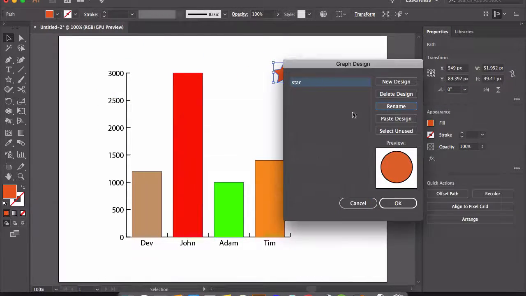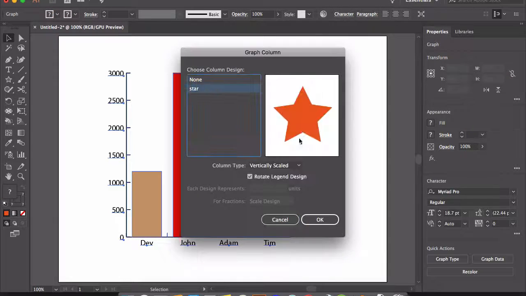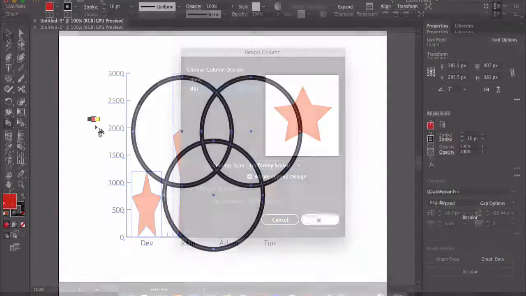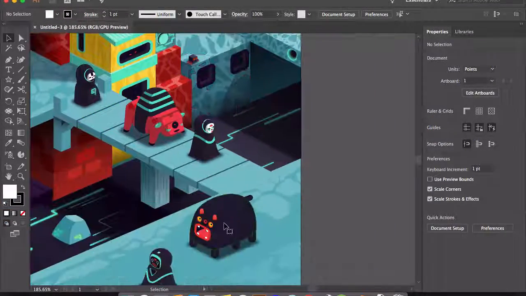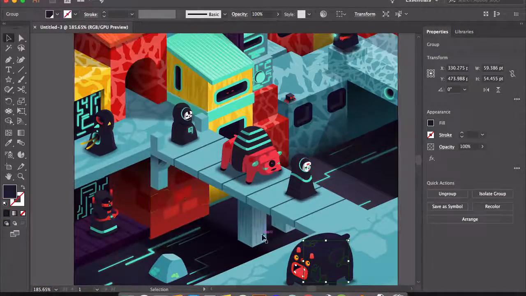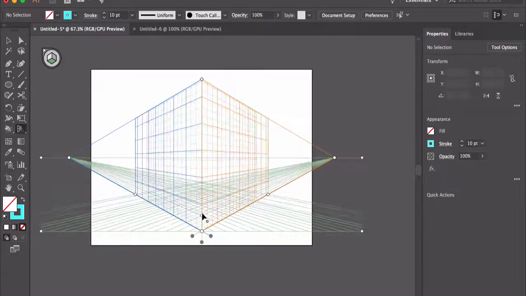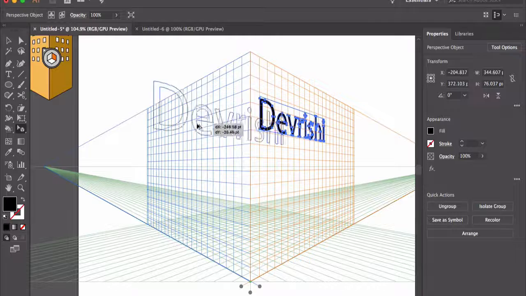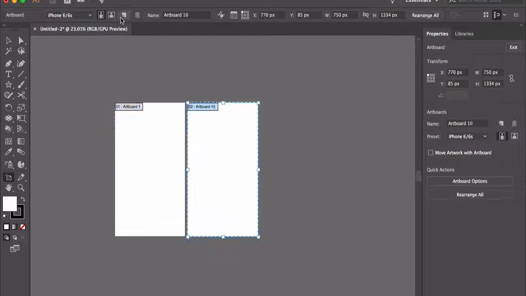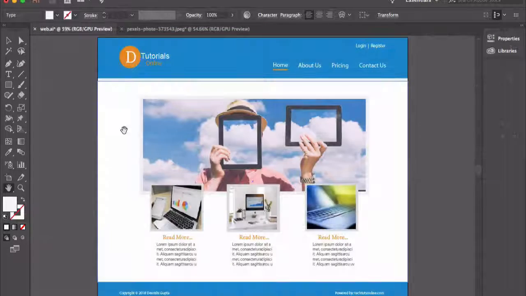In this course, you will also learn how to use the tools creatively to make great looking graphics easily. Not only will you learn about the working of the tools, you will also learn advanced customization options that can further boost your productivity. After completing this course, you will become comfortable in using all the tools of Illustrator and can venture into any